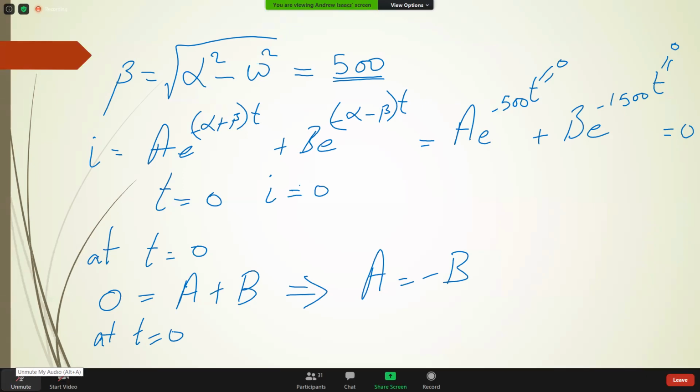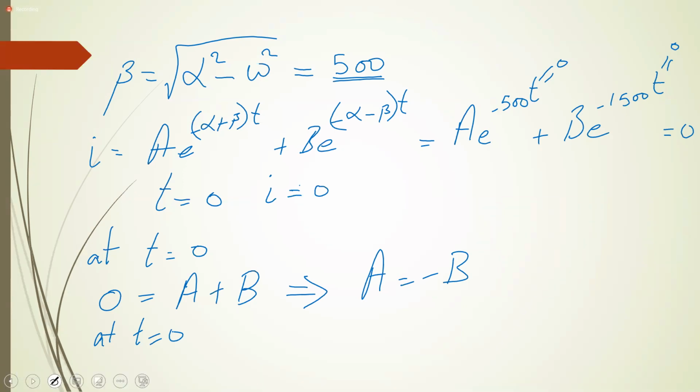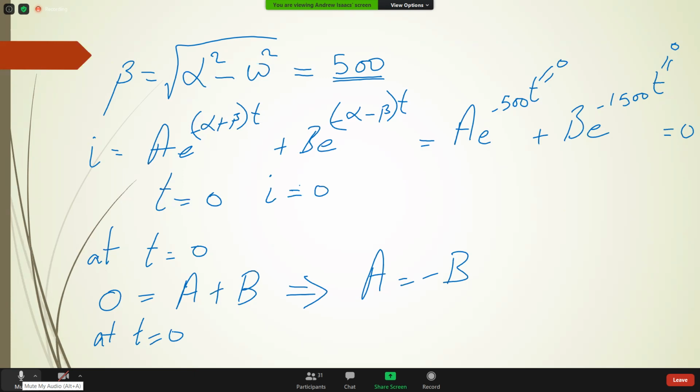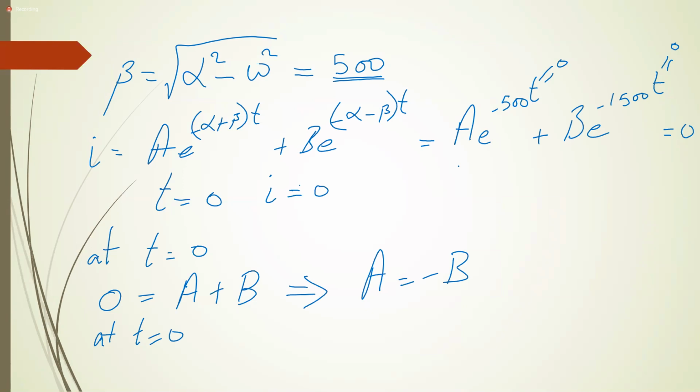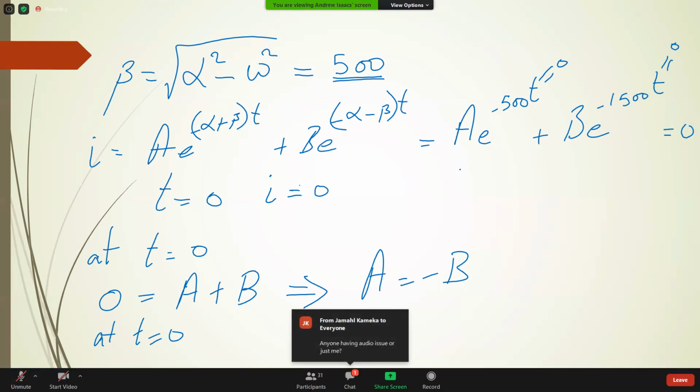So if I have a closed loop, what do you know to be true? The sum of the voltages in the circuit is equal to